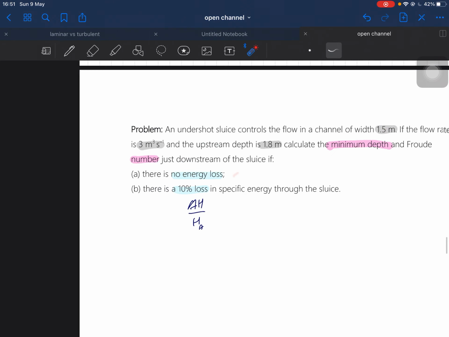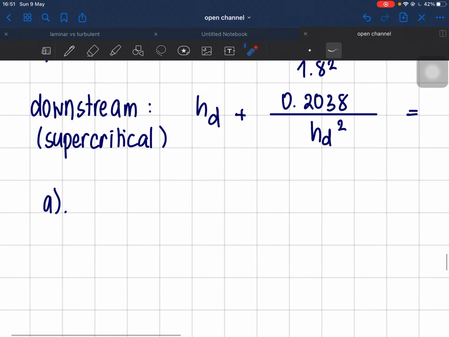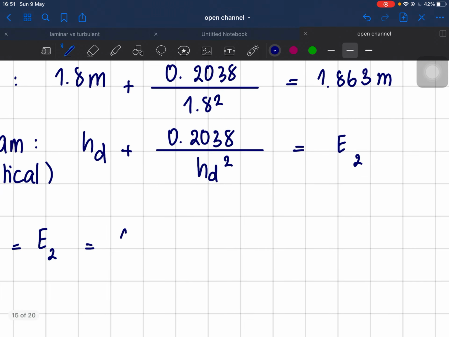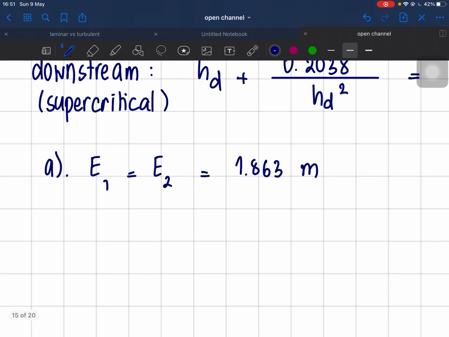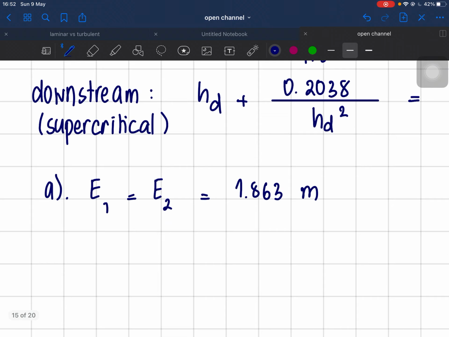No energy loss. So if it's no energy loss, which means that E1 equals E2. E1 is equal to E2, equals 1.863 meter. So we can easily find this one. So HD plus 0.2038 over